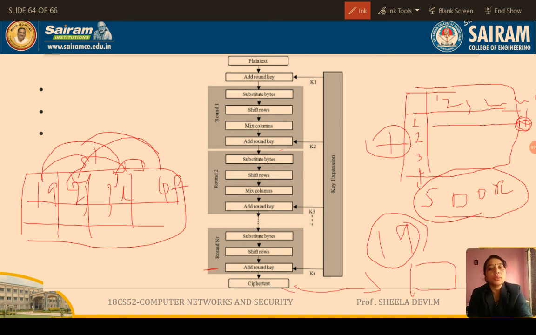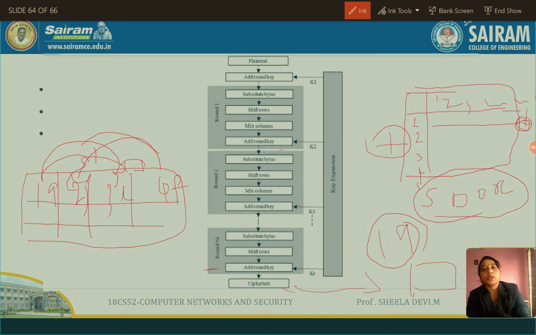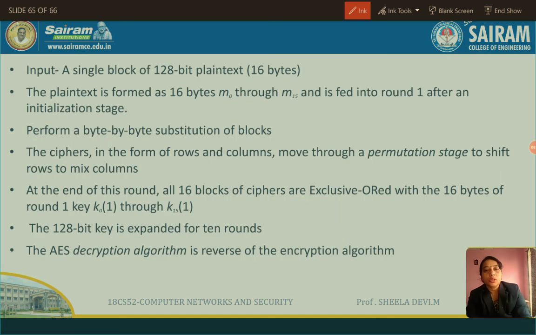So what will happen there? This is ciphertext, right? So they have to do the same reverse process, that is the decryption process, from round 10, 9, 8, 7, 6, down to 1. Then they will get the plain text. So that is the decryption process. They have to do the reverse of the encryption process to get the plain text. So this is how our AES encryption works. It is very simple, as I said, consisting of only 4 processes.